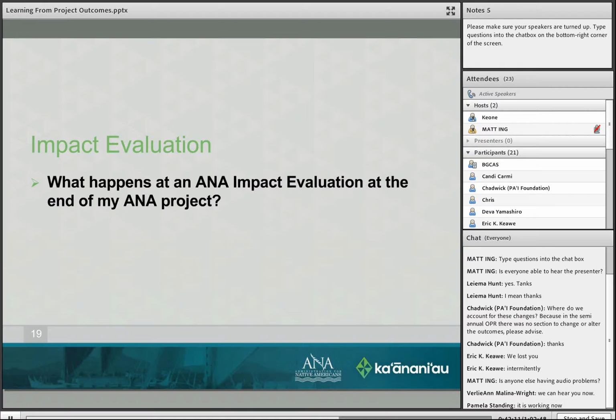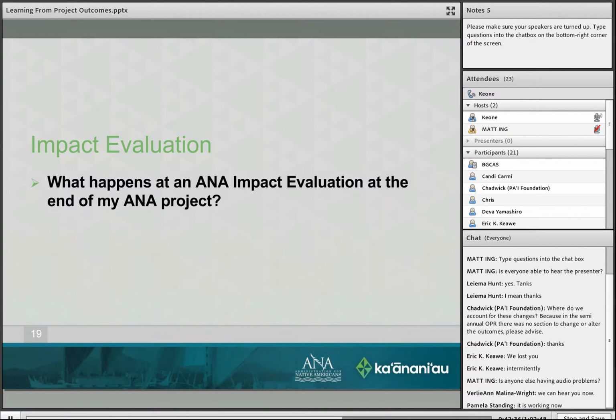Okay, all of what we've been talking about is really important for you to include with your impact evaluation. So, what happens at the ANA impact evaluation and at the end of your ANA project? First of all, the impact evaluations are not punitive.